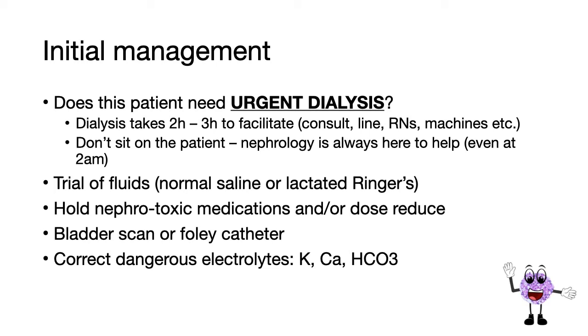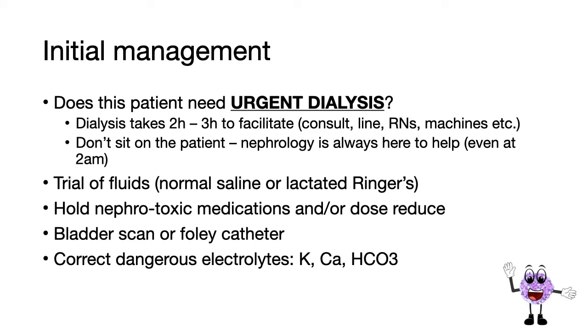The type of fluid you choose is really up to you. Keep in mind that lactated Ringer's contains 4 millimoles per liter of potassium, but compared to your total body store of 55 millimoles per kilogram body weight, this is quite small by comparison. Alternatively, normal saline may lead to generation of a hyperchloremic non-anion gap metabolic acidosis, which in critically ill patients may be associated with worse kidney outcomes. But at the end of the day, some fluid is probably better than no fluid at all,